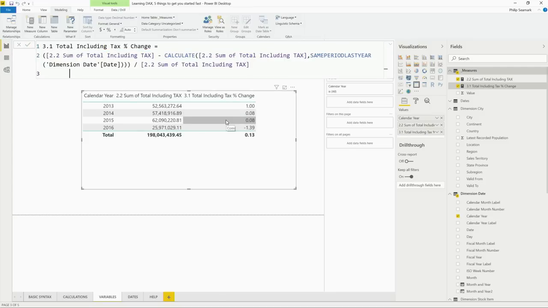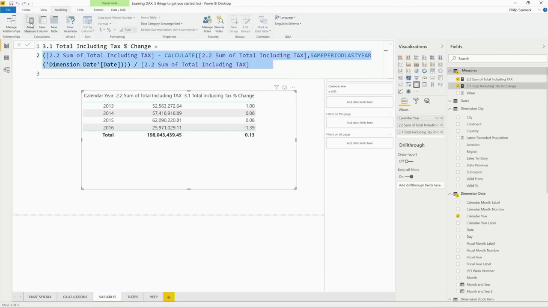Cool. So that's actually giving us, this is saying 8%, 6%, 8%, and negative 1.39. The numbers themselves aren't important. So this is how you might achieve that without using variables. And it's kind of hard to read. We could space this out. But what I'd like to do is show you exactly the same calculation, but now using variables.